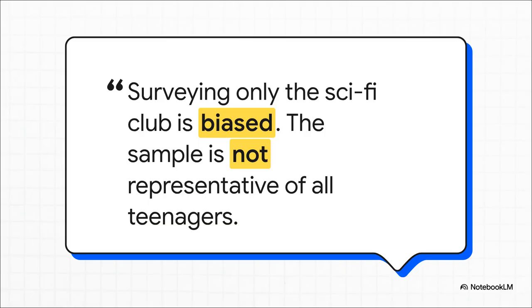And this right here, this is so important. For a survey to be valid, the sample, the group of people you ask, has to be representative of the entire population. Let me give you an example. If you want to know what teenagers think about movies, but you only ask the members of the school sci-fi club, your results are going to be totally biased. Why? Because that small group doesn't represent all teenagers. Your sample is skewed, and so your conclusions are just unreliable. You should always be asking, who did they survey here?